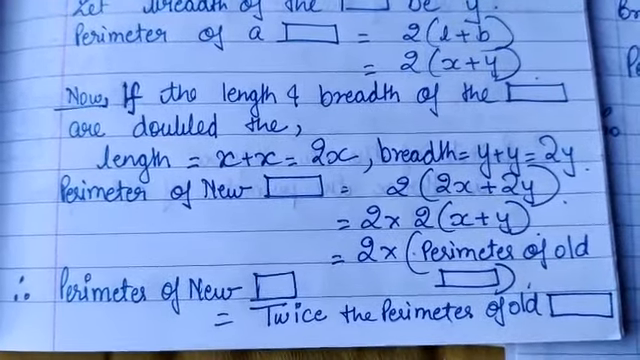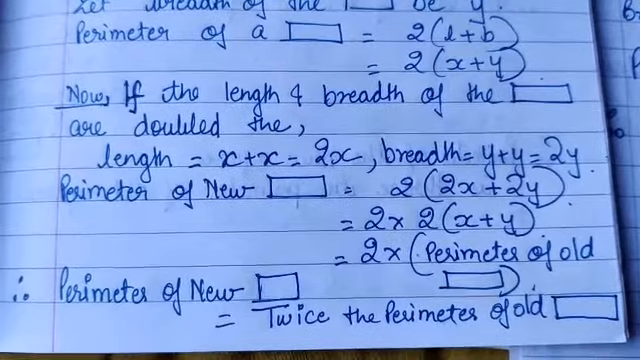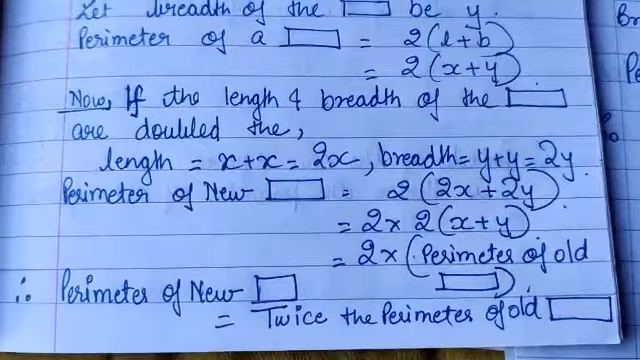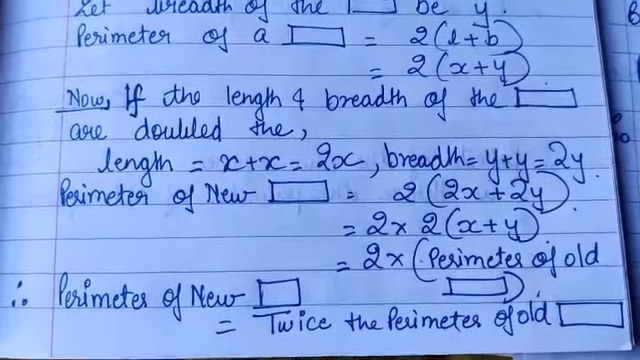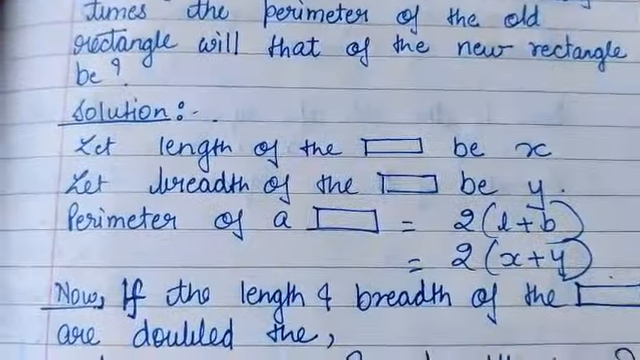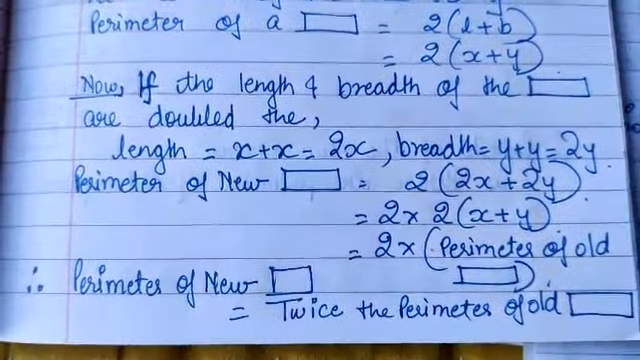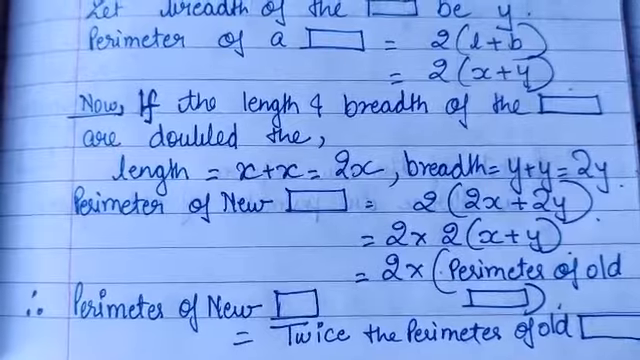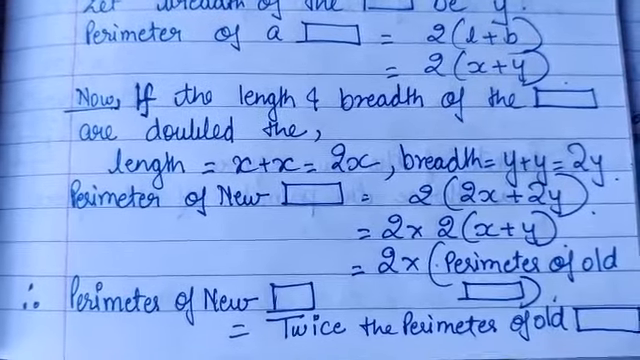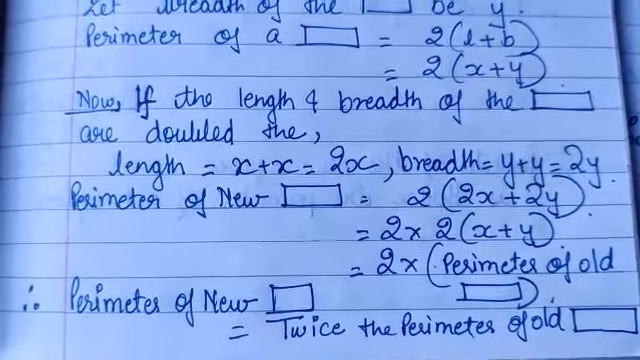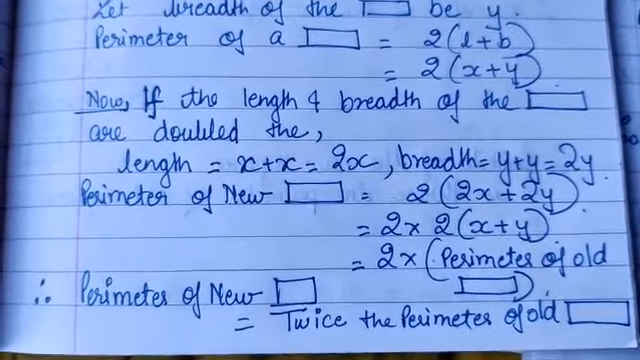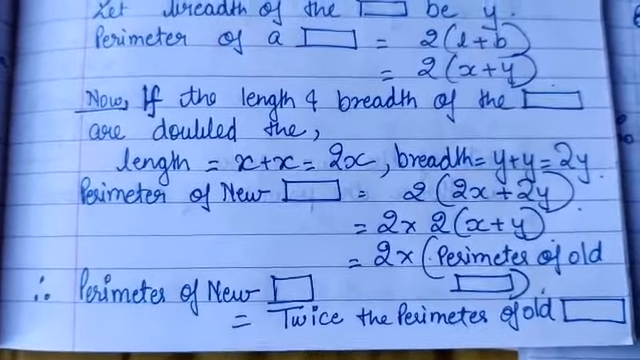Now 2x plus 2y both have 2 in common. Remove the 2 outside: 2 into 2x plus y. Now if you see, 2x plus y is nothing but the perimeter of the original rectangle. So instead of 2x plus y, we can write perimeter of old rectangle. So 2 into perimeter of old rectangle is nothing but perimeter of new rectangle will be twice the perimeter of